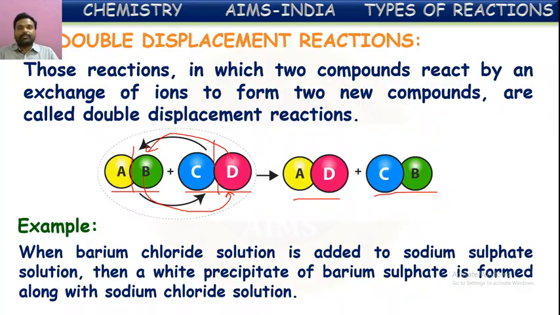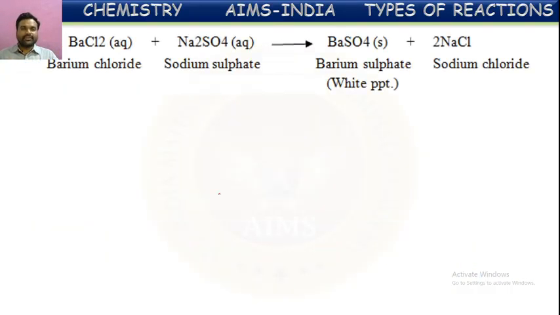So what is happening here? Barium chloride and sodium sulfate, two solutions, are taken and mixed with each other. Then two new compounds are formed out of the two. One is an insoluble solid substance which is called barium sulfate. So this comes under double displacement reactions in which two compounds mutually exchange their ions. Here we can see this equationally. Barium chloride is one compound, sodium sulfate is another compound. These two are soluble in water, so they form solutions. So when these two solutions are